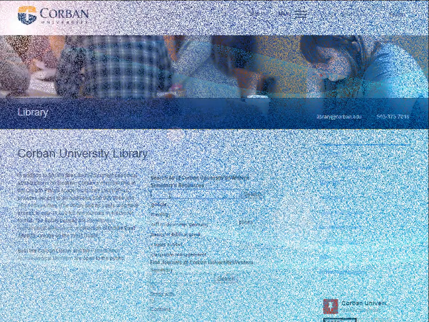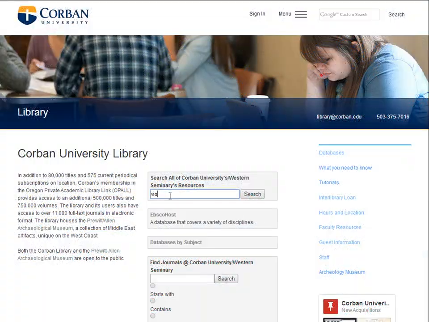As a general rule, try not to use phrases for your searches or multiple keywords. Oftentimes, searches done using phrases pull up little to no results, or pull up so many results that are completely irrelevant to your inquiry. For example, I would not want to do a search on violent video games impact kids.